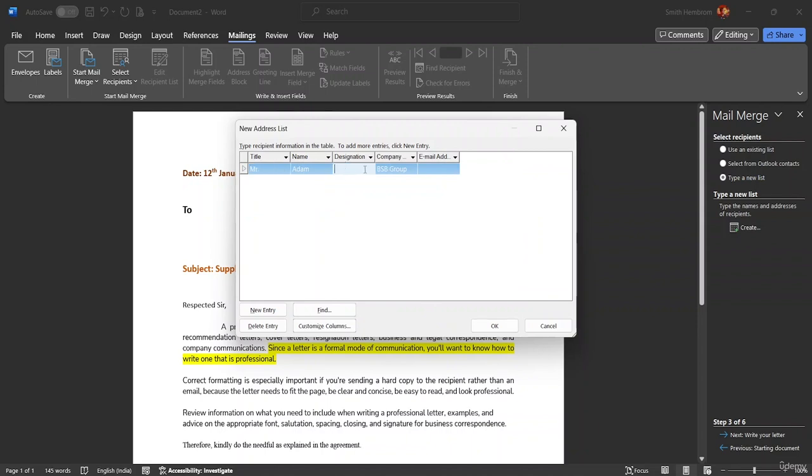So in place of designation, in the designation option, I will just write operation manager. I will type it over here, and now if I want to increase the space, this is how I'll be able to increase the space. And let's type here